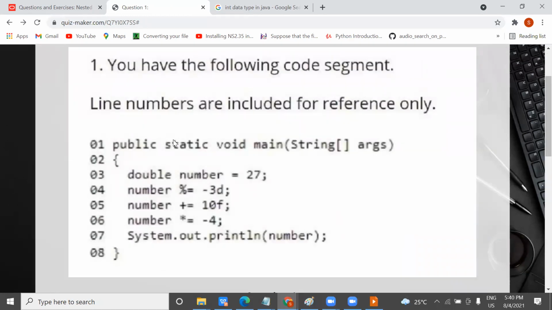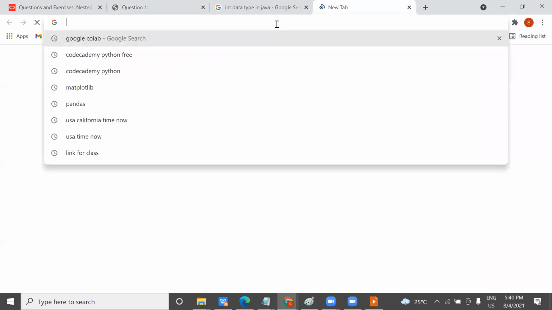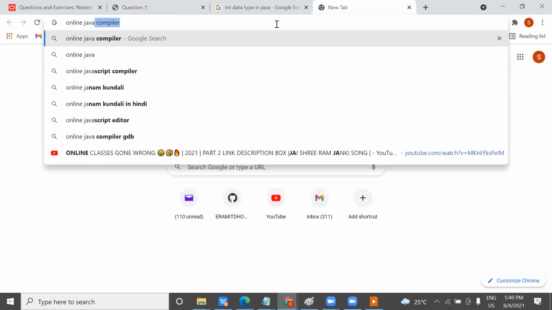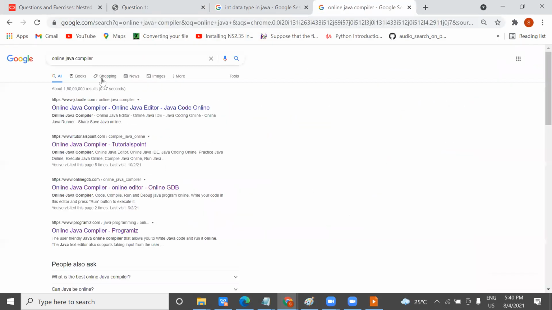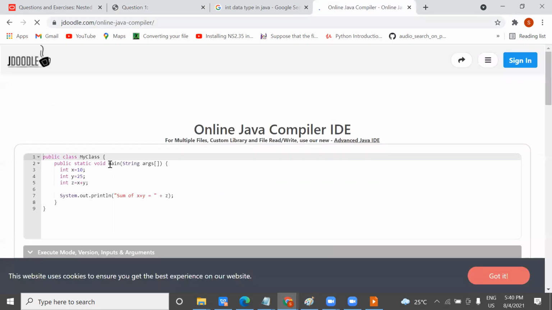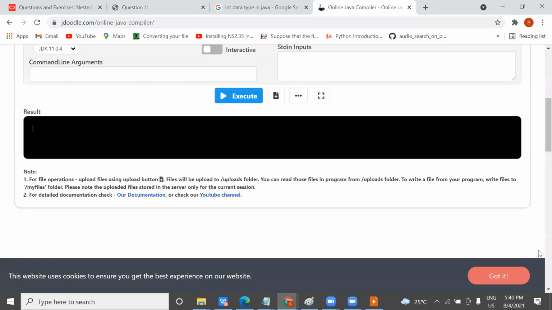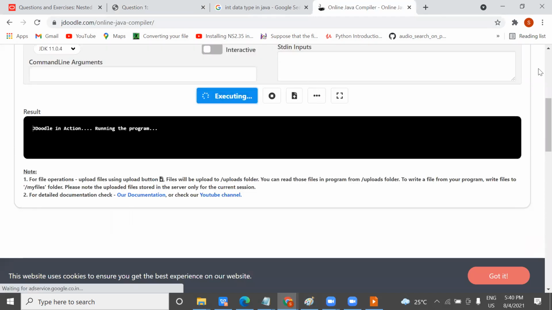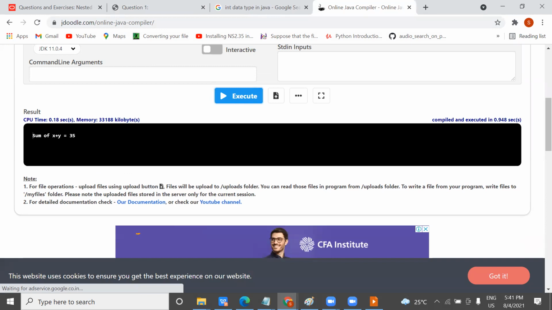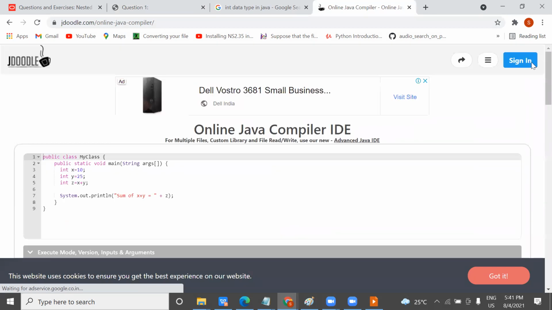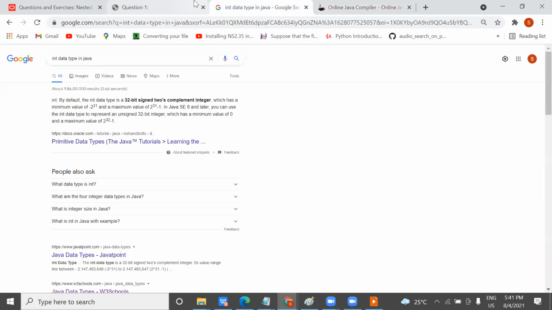Or do one thing: run this program, note it down in your copy, and run it in an online Java compiler. You click on online Java compiler and you run the code here. How are you going to run? Click on this execute, and it will show you the output here. So try to do it. You will come to know.